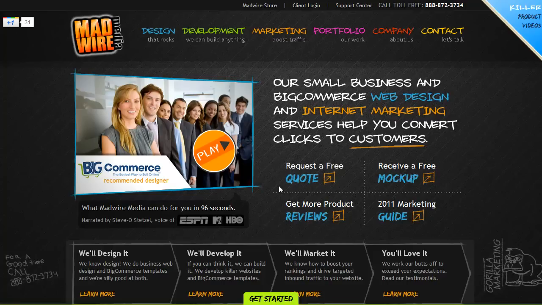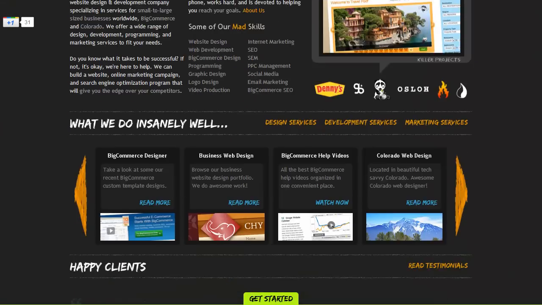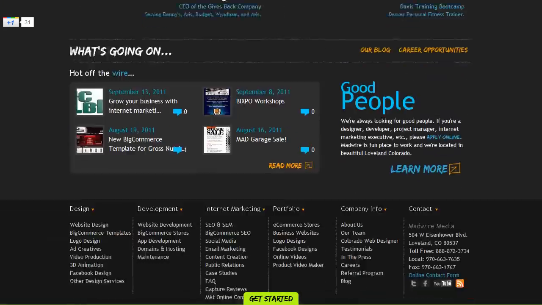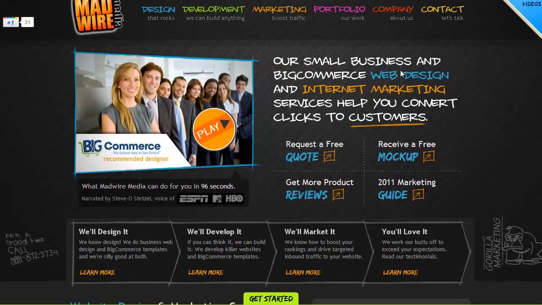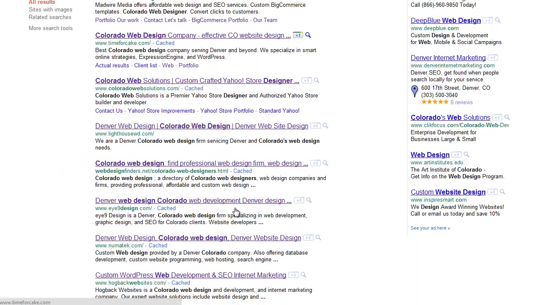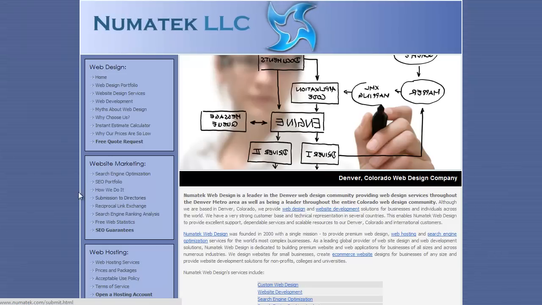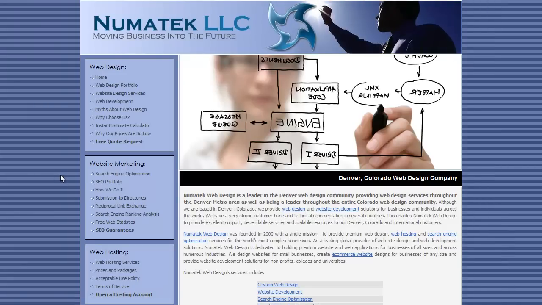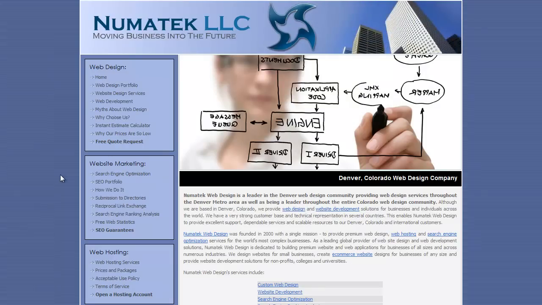So it's a huge tool for you, and you can see right here everything above the fold basically can capture the conversion for you. Then as you scroll down the page, there's more content, the design is still clean, and there's additional call to actions as you move down the page. Let's go back to that Google page, and let's just click on another link down here. Let's click on this one. Now this design here clearly right away probably doesn't pass the 2.5 second rule, does it?